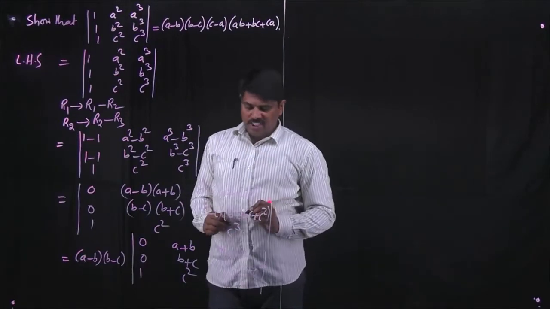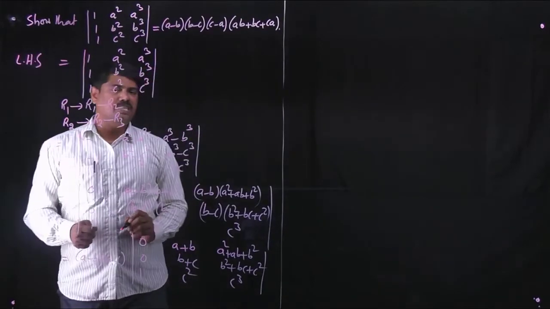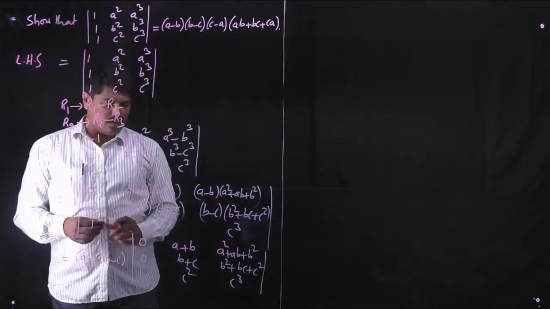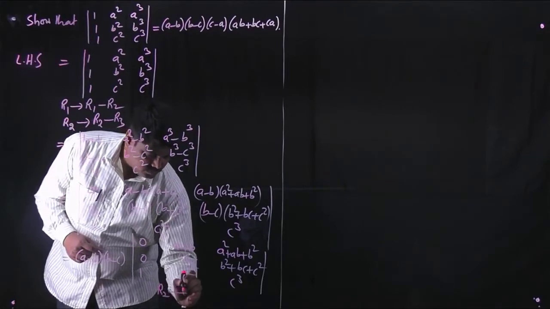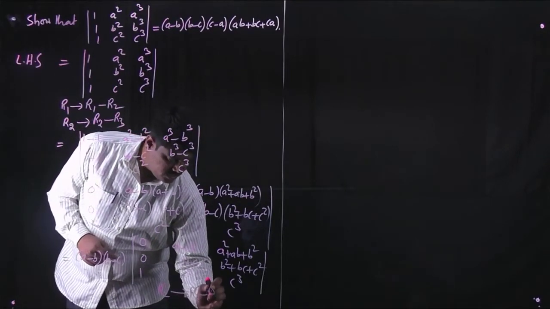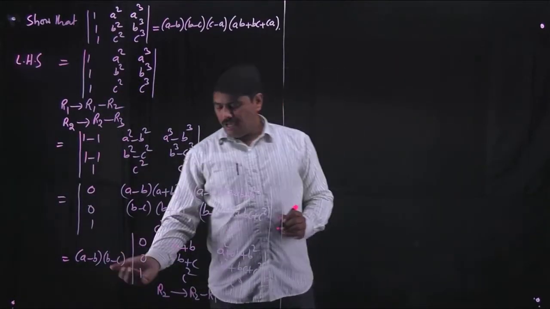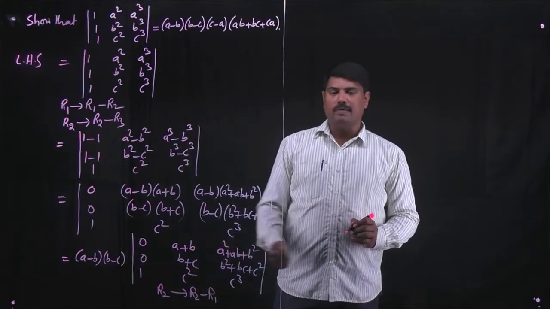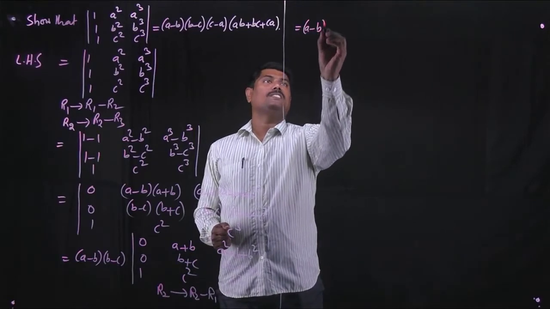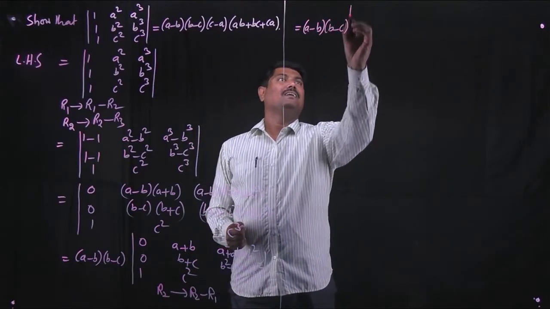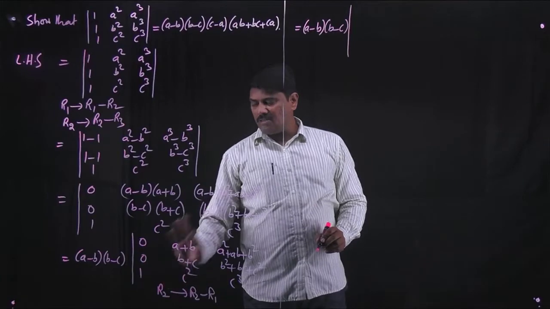So my next step will be to get the factor of C minus A. How can you get that? For that, observe here, I am changing the second row as R2 minus R1. My idea is to get the C minus A factor. That's why I am considering another application, that is R2 as R2 minus R1. Observe from here, already we get A minus B as a factor, B minus C as another factor. In the next step you are changing only R2, so you have to write R1 and R3 the same.